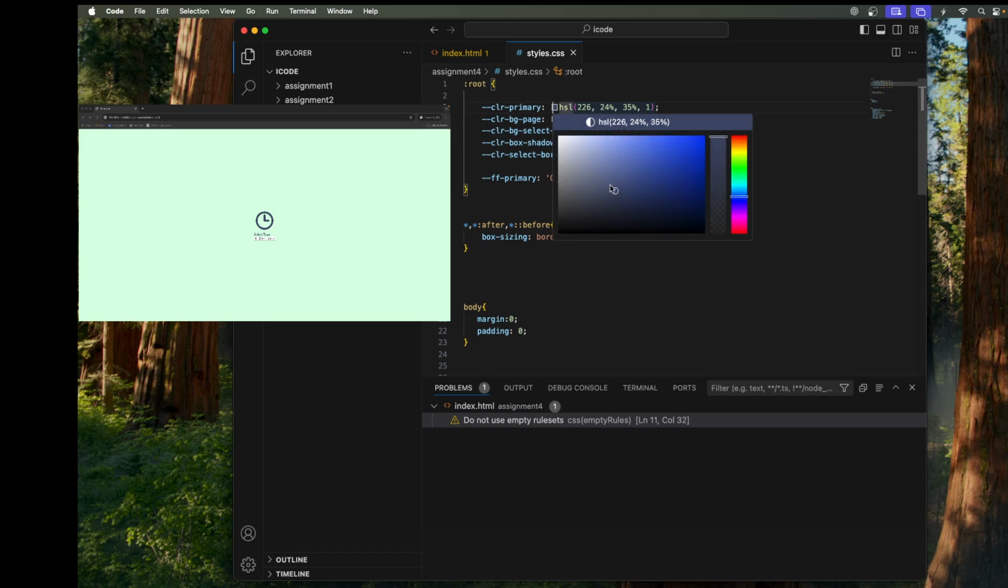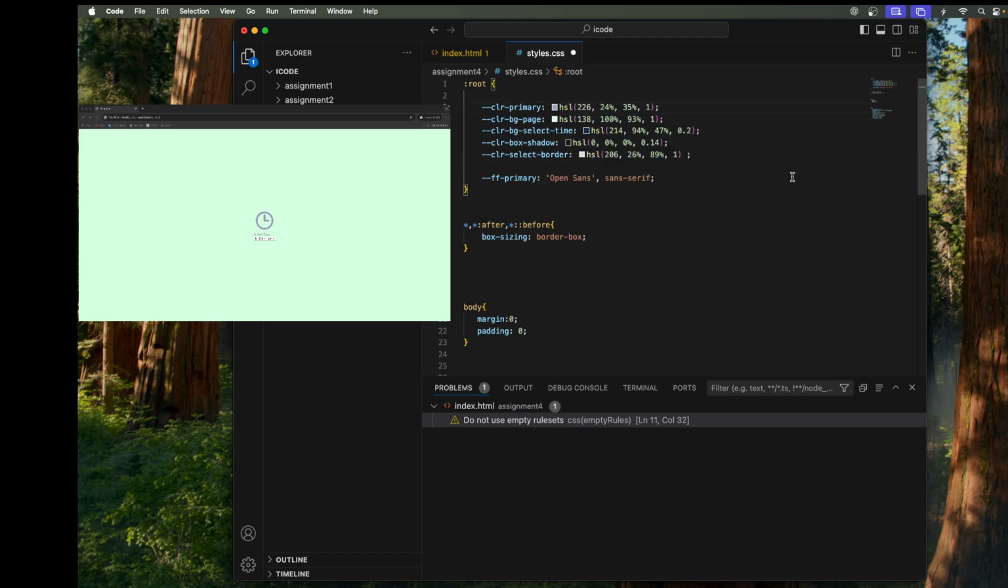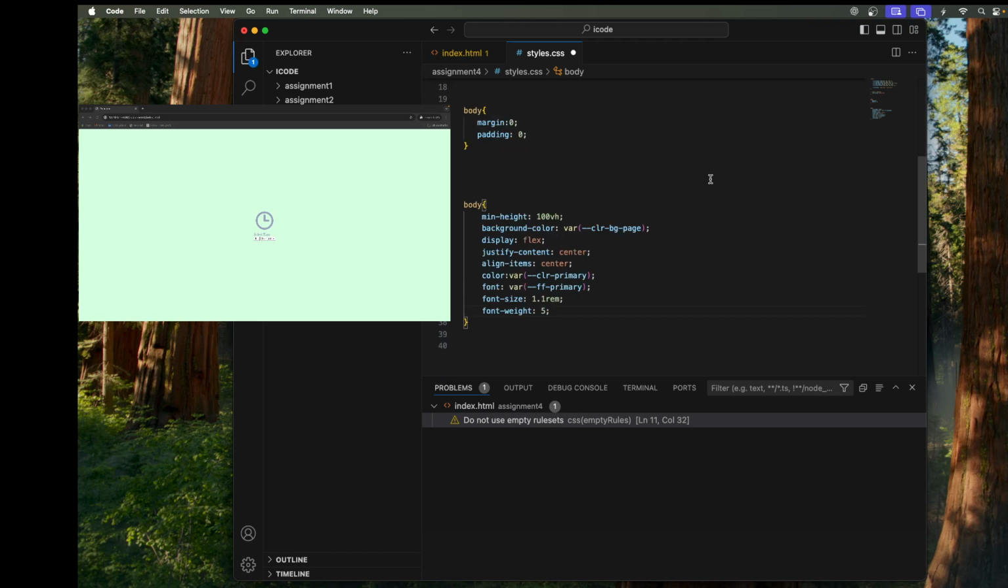Okay, let me change this tinge. Oh, so it's getting applied on both of them. Okay. This is 500, right? Okay, now